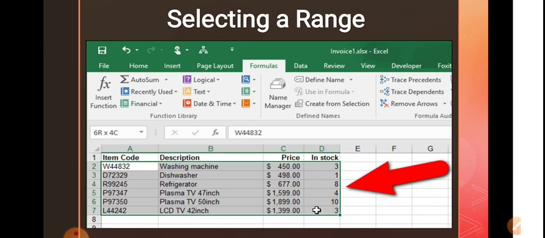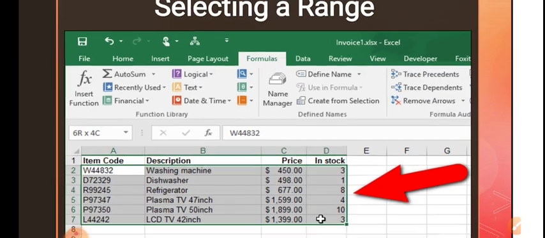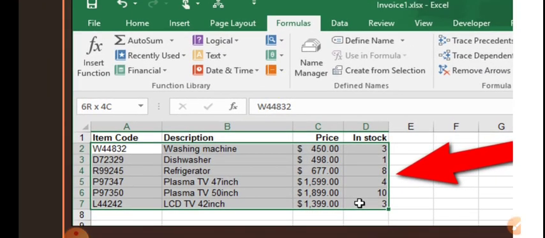So for selecting a range, there is one point: you have to know from where you have to select. So what are the steps? See, I had selected from A1 till D7. You don't have to say A1 to A7, because I selected from A1.